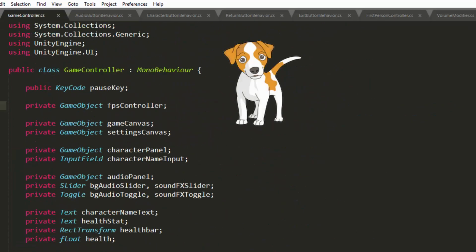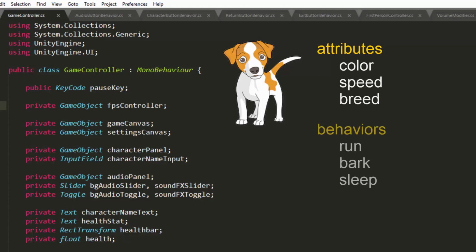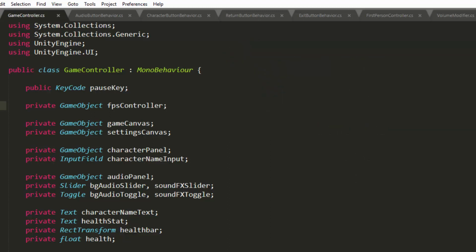Imagine having a dog object. It would likely have attributes such as color, speed, and breed. And it would likely have behaviors such as run, bark, and sleep. This is true of any object instantiated from the GameController class as well. We never wrote code with the new keyword to create an instance of a GameController. In Unity, objects can be instantiated in the editor. When we attach the GameController.cs script to an object in the hierarchy, objects are automatically instantiated for all the classes